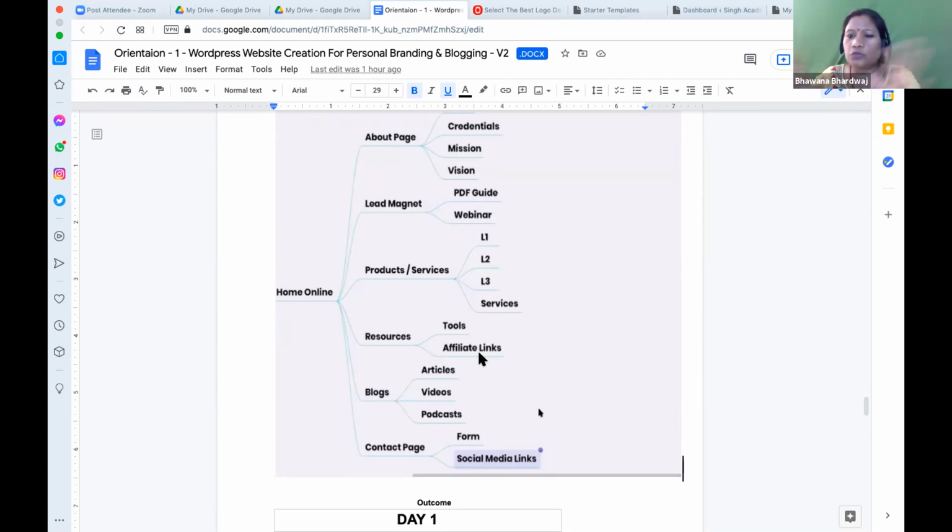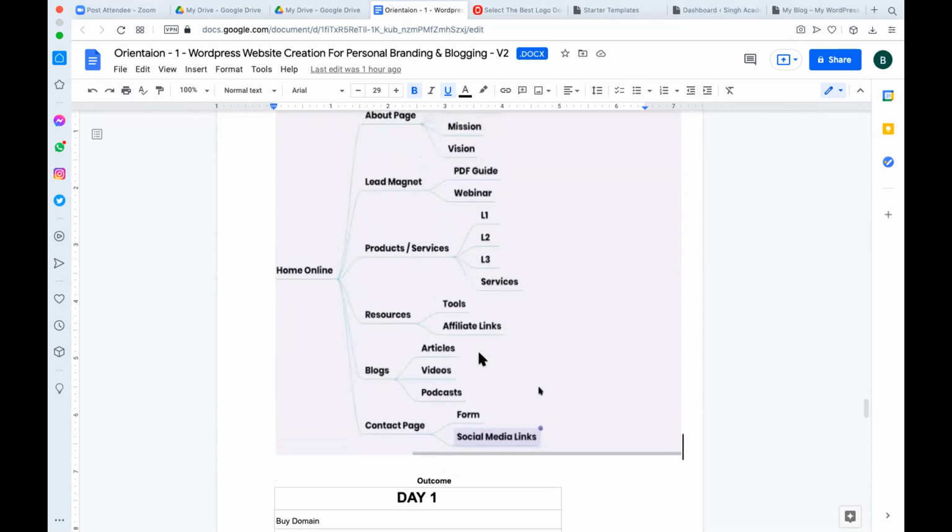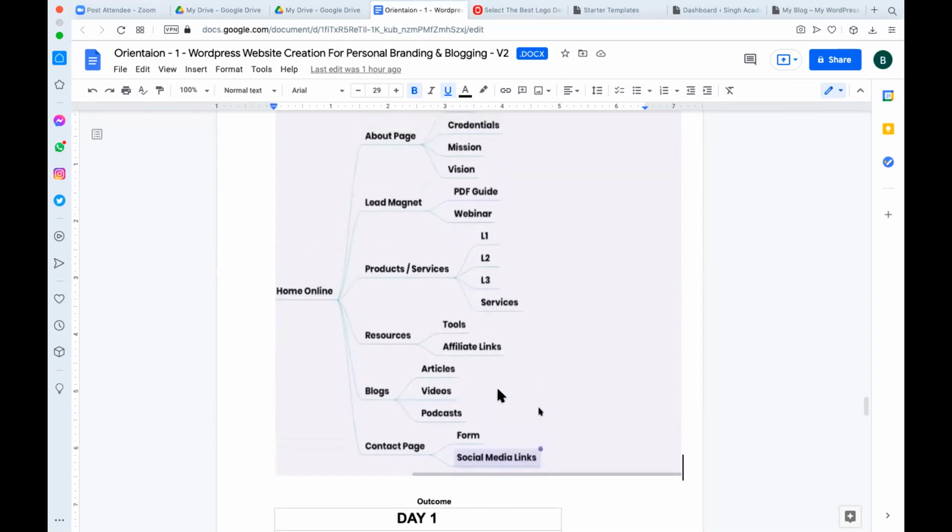It's totally up to you. 4 or 40, how much you can manage at your level, it's totally up to you. Minimum you can start with 1. And I personally feel you should recommend only those products and services which you are 100% convinced about, or which you have already used yourself, or which can add real value to your website user. Yes. Not only for the sake of money. No. Yes. For value. Right.